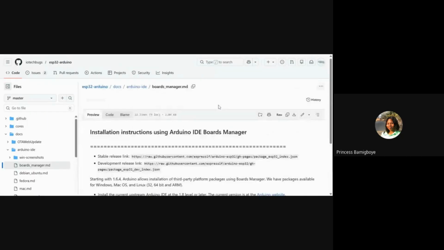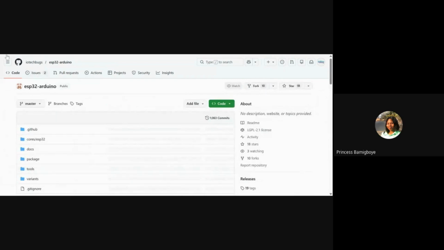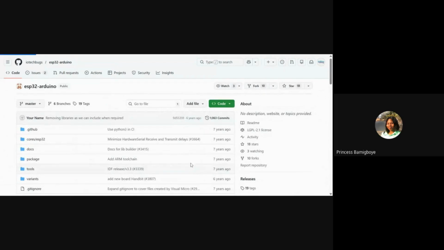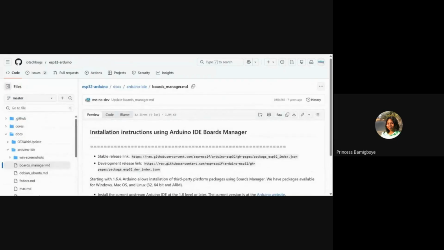GitHub has practically everything. Then I'll press code. You can see all the instructions, everything here. And you can see that the URL is not different from the one that we just imported before. They're kind of similar, there's not so much difference.